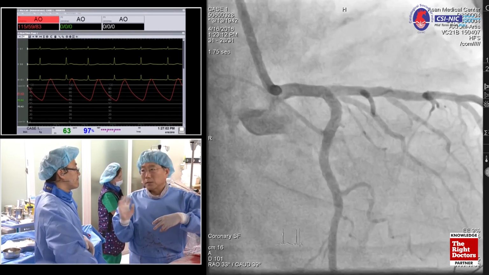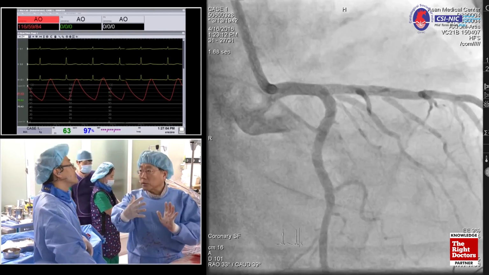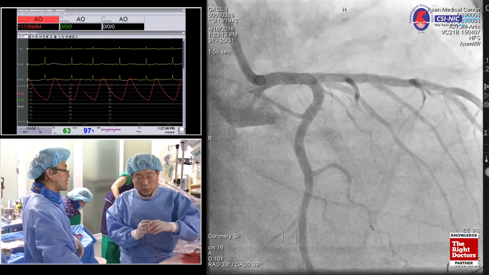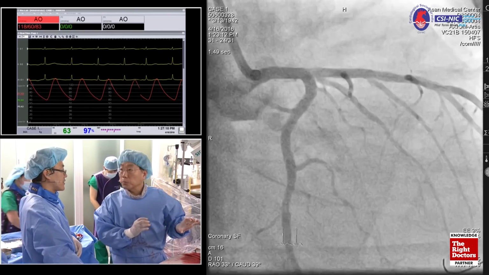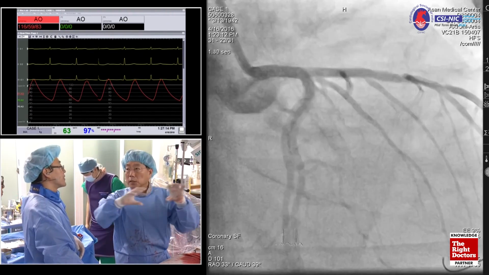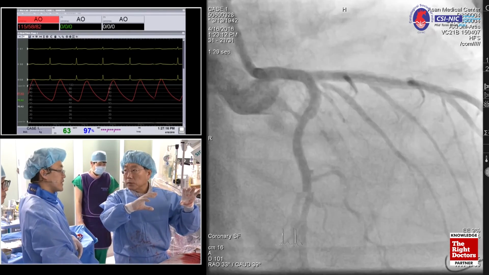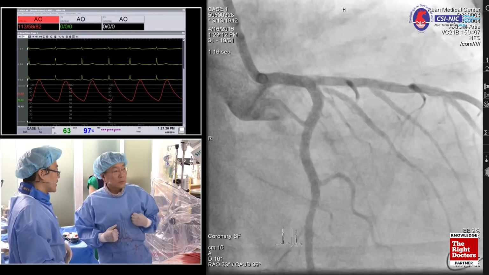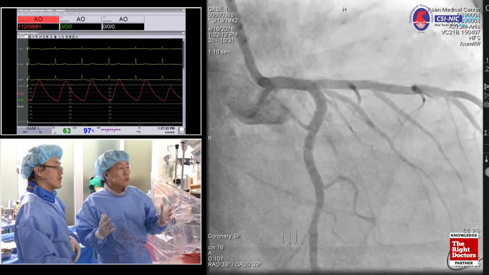Compliant, non-compliant, it doesn't matter. When the meaning is expansion, I think compliant is better, right? Compliant 3.0, and drug-eluting balloon for the LAD, right? Distal part first, and then the drug-eluting balloon kissing for 20 seconds. Okay, right? Angiographically,